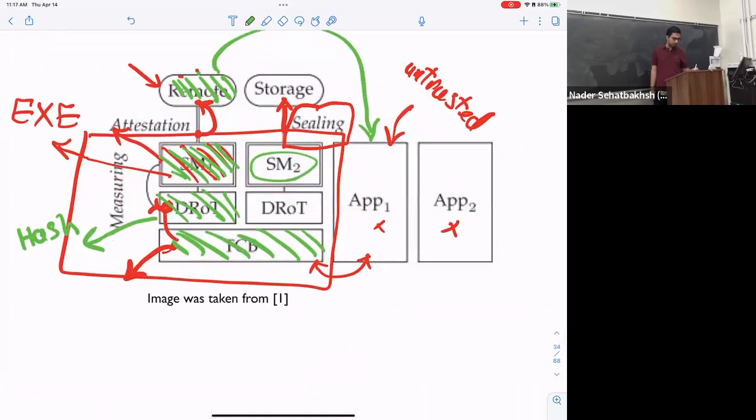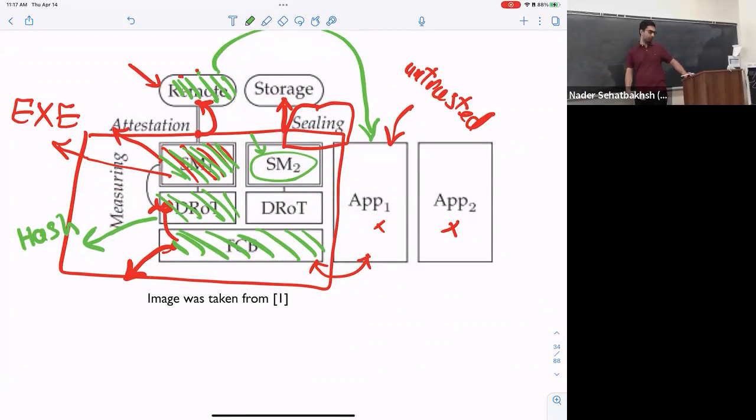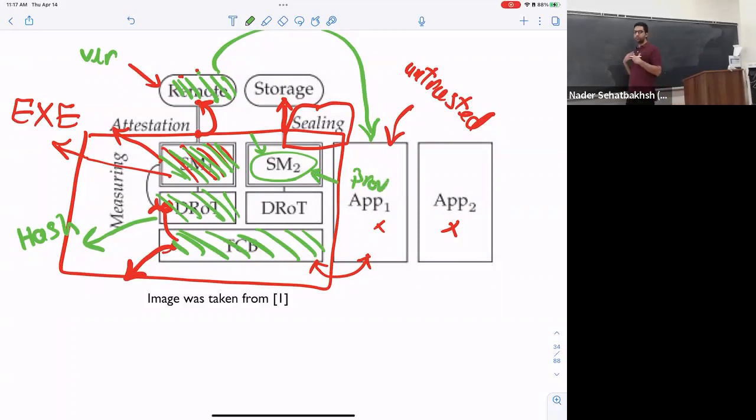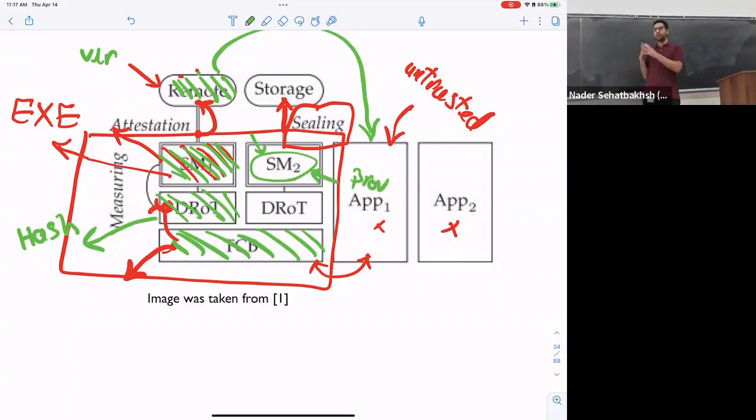If the remote user wants to know whether their SM2 or SM1 has not been modified, they can do the attestation. In this case, the remote becomes the verifier, and this SM becomes the prover. As a remote user, we want to make sure that the software we want to execute on this computer has not been modified, right? So we use this process of attestation to get it.